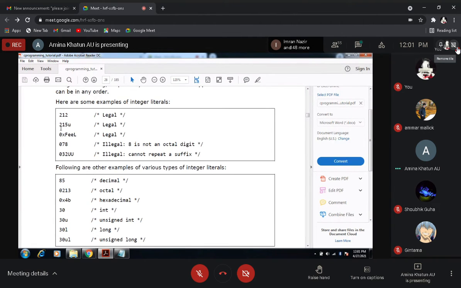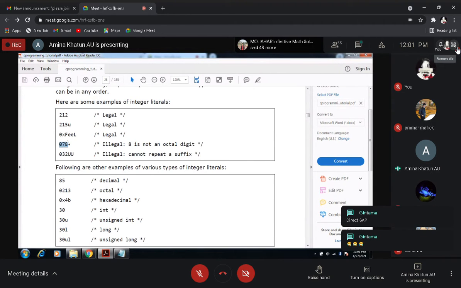Next, 215U, that means it is an unsigned integer number. This is also valid. 0xFEEL, that means it is a hexadecimal number. 078, see 078. This starts with 0, which means it should be an octal number, but this is not a valid octal number. Why? You can see the digit 8 is here. In the octal number system, the digits are 0 to 7.